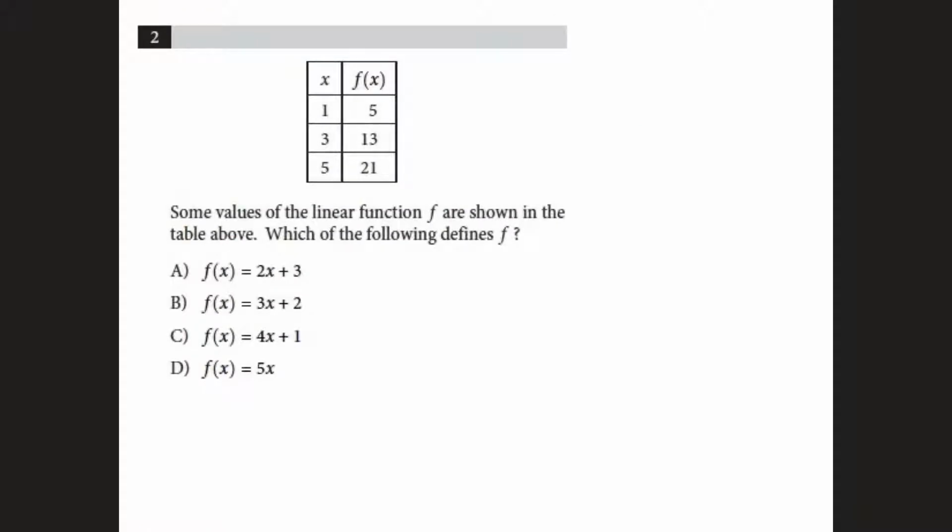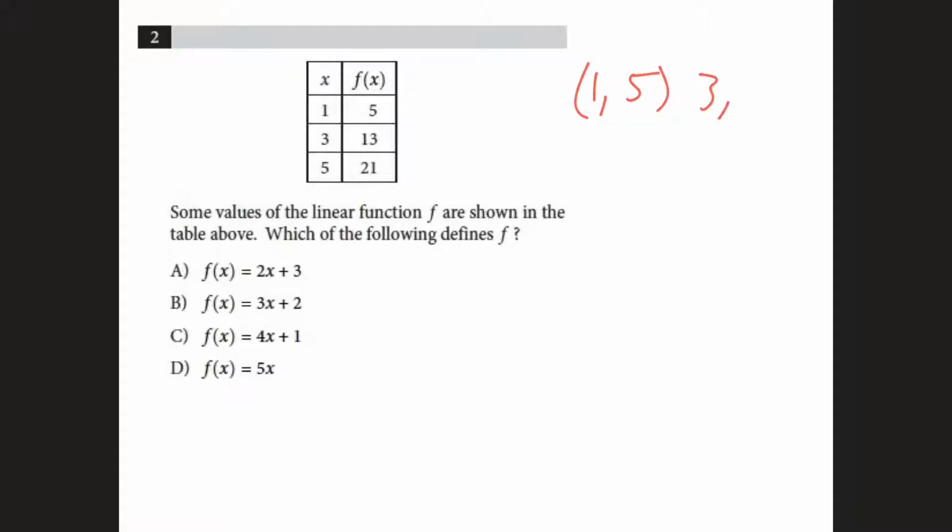All right, number 2. Some values of the linear function f are shown in the table above. Which of the following defines f? We know it's a linear equation, therefore the rate of change is going to be constant, so we need to figure out the slope and the y-intercept. We see that we have 3 points. We have 1, 5,